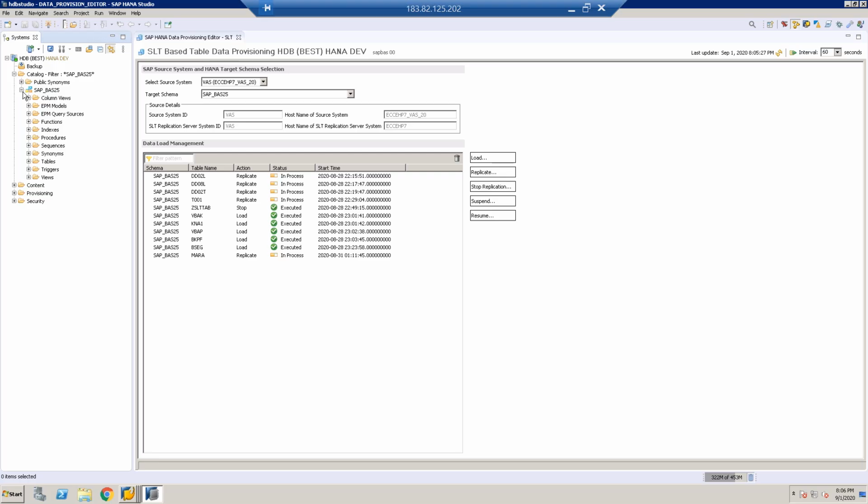So there you find the SAP_BAS25 schema. In this schema, all the tables replicated using this SLT configuration will by default be part of the schema SAP_BAS25. You cannot even change it. If you want to change the schema, you have to change your configuration, because whenever you try creating a configuration,